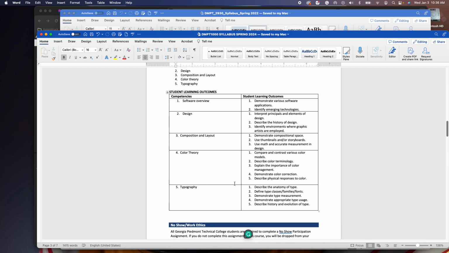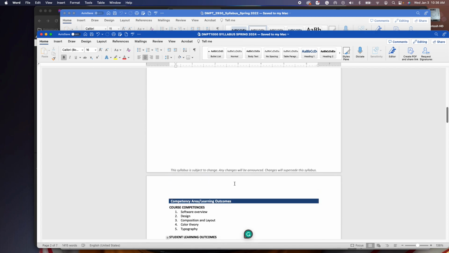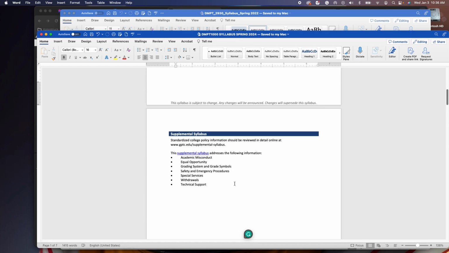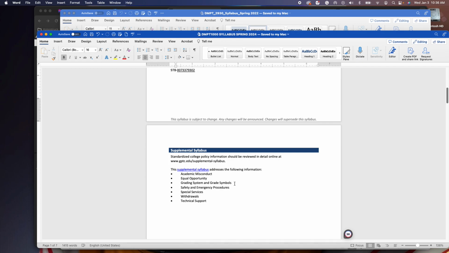Okay, here's your student learning outcomes. So this basically tells you everything that you're going to learn in the class. Okay, in your student or course competencies. Okay, I'm actually working backwards just in case you didn't catch that. There's a supplemental syllabus in the course, meaning that this is not the only source of information for the course or source of information really for the school. This syllabus covers specifically what happens in our course, but there's also some information that applies to the school overall that you need to be aware of, and that is available on the web at